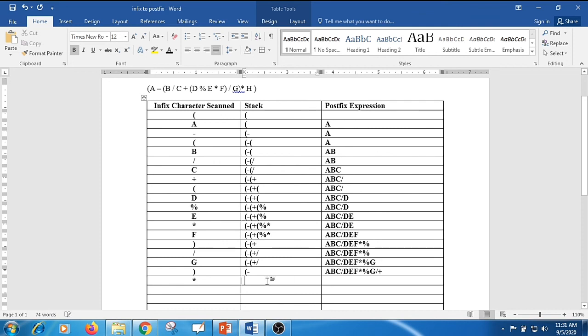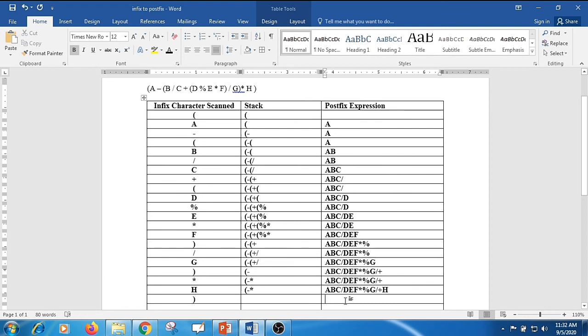Then after the closing bracket you have a star. When you have a star, just put it after this, and this will be the same. Then comes H. I need to copy it onto the postfix expression, and this will be as it is. Then comes the closing bracket. When you get a closing bracket, pop out these two elements.